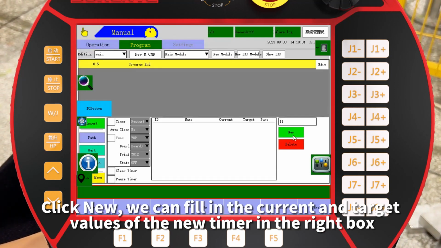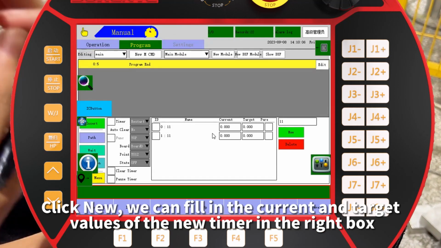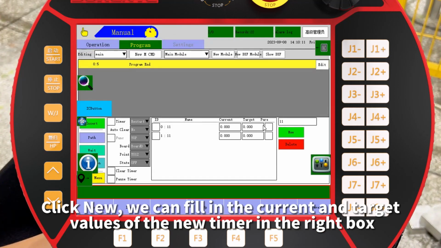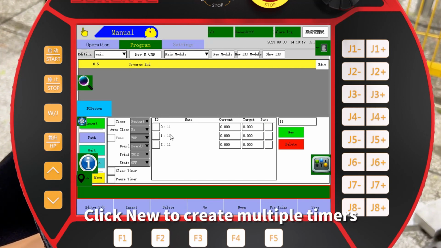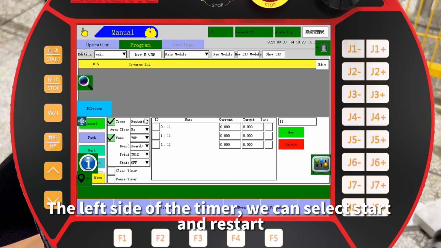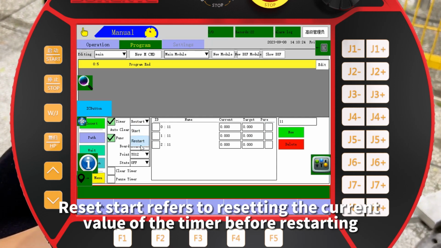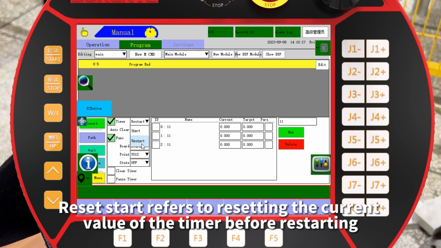Click New. We can fill in the current and target values of the new timer in the right box. Tick Pure to have the effect of pure timing. Click New to create multiple timers. On the left side of the timer, we can select Start and Restart. Reset Start refers to resetting the current value of the timer